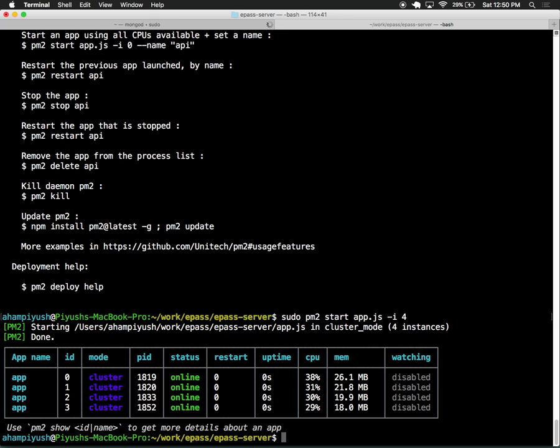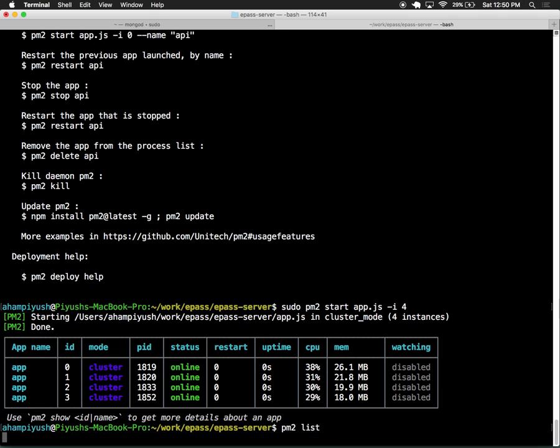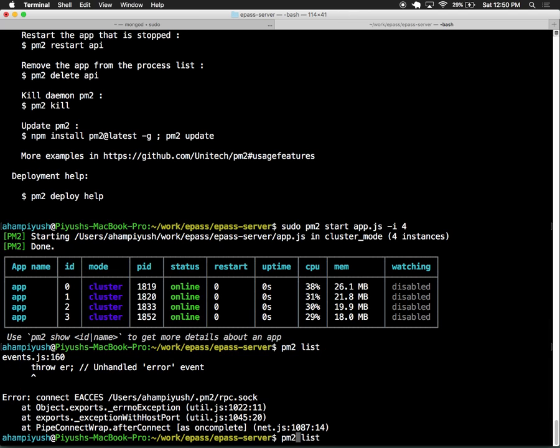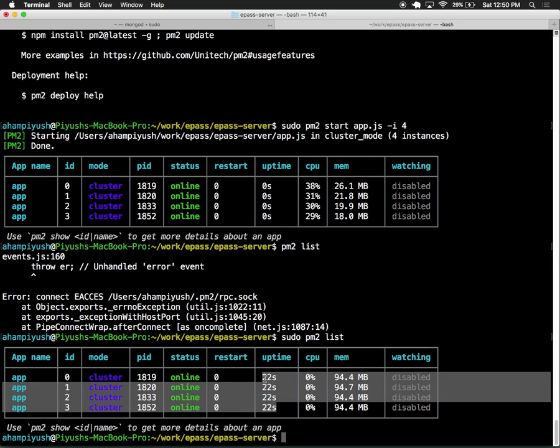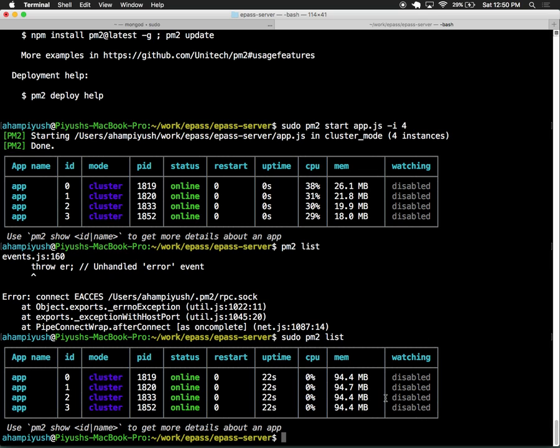Okay, so it will tell you what is the status. If you'd like to query, say pm2 list. So the uptime here was 0 seconds, now it's 22 seconds, right?